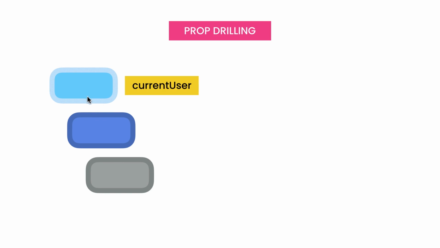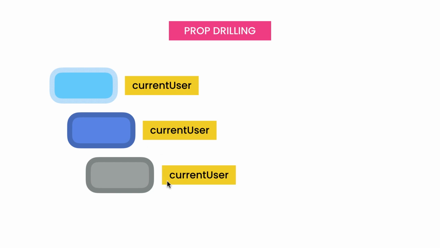On the top, we have an object that represents the current user. Let's say in this component over here, we want to access the current user. To do this, we have to pass this object as a prop through this middle component so we can access it here. This is what we call prop drilling, because at every level, we have to drill a hole to pass a prop. Over time, as our application grows, as we have more components and more data to share, this